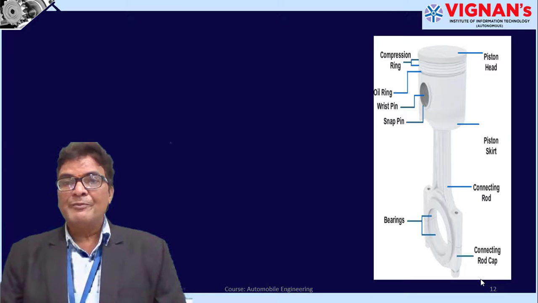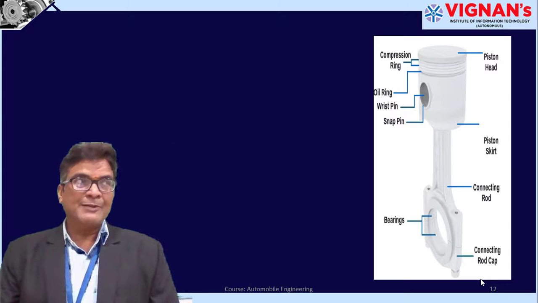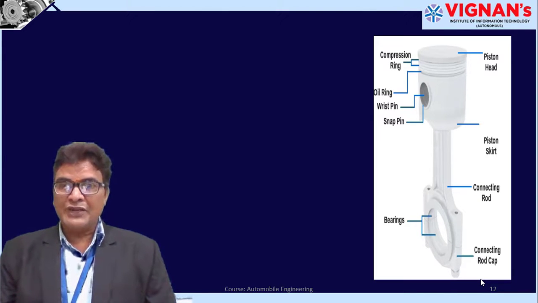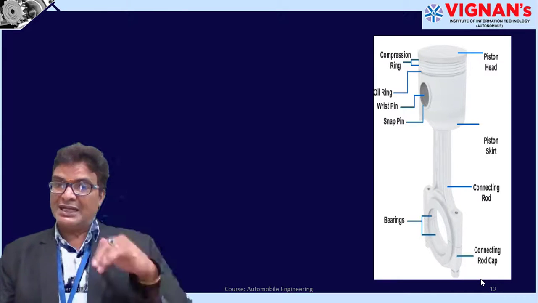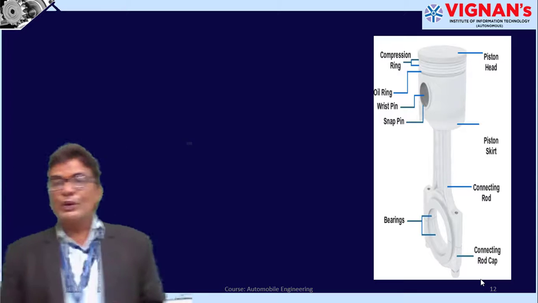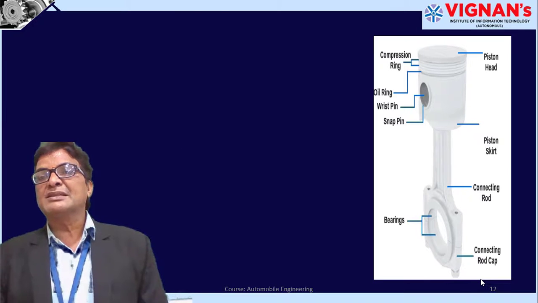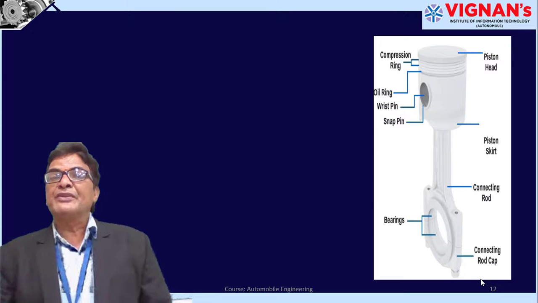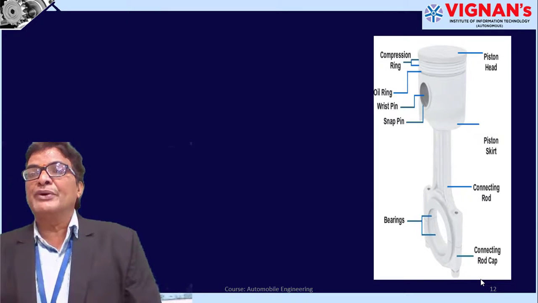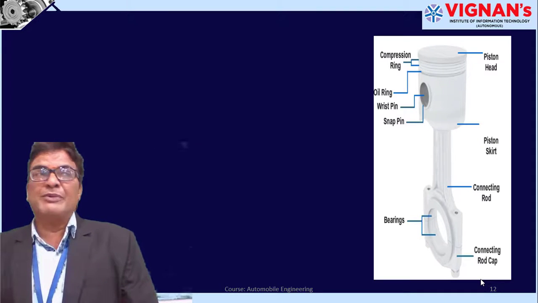Also, the piston is said to be the heart of the engine. If the piston fails, the engine completely fails. That's why the piston is said to be the heart of the engine. The piston should reciprocate inside the cylinder such that no gas escapes past the piston. That's why the piston is provided with rings. If you see the picture here, there are two compression rings mounted onto the piston, and below that there is another ring, the oil ring.